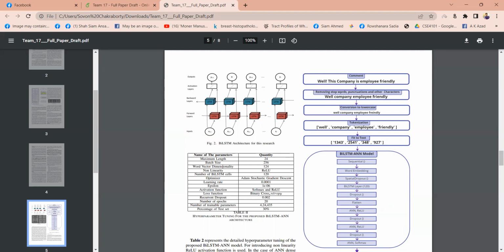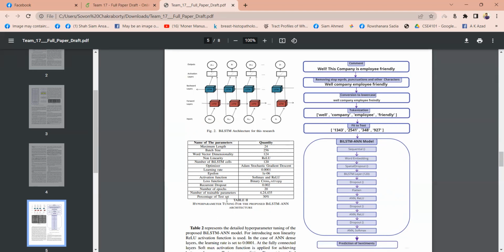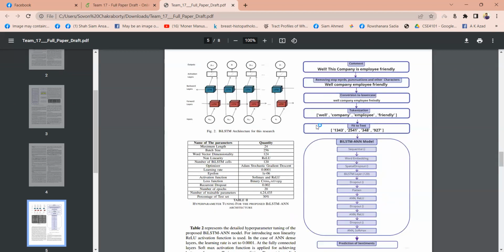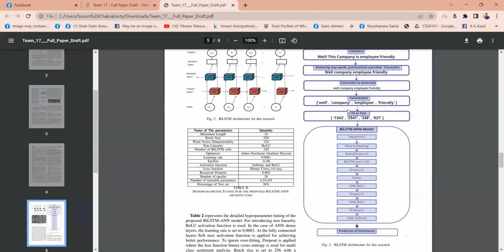We have used the binary cross entropy loss function, and for avoiding overfitting, we have applied dropout. We have split the dataset in a 70 and 30% ratio, 70% for training and 30% for validation or testing.